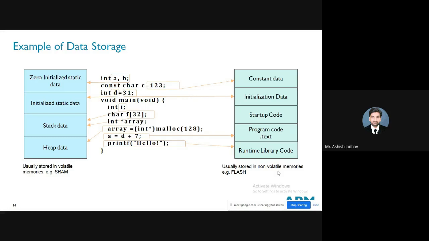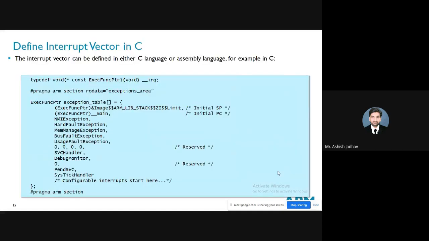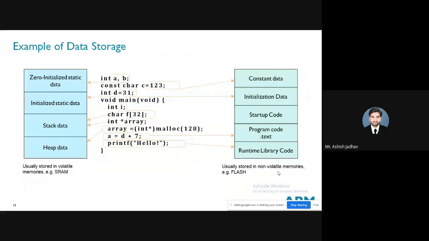If the library code is not available to you, you have to specify how the print function will operate. You have to specify what will happen after executing this printf function. So after executing printf, what is to be done is stored in the library code corresponding to print, right? So this is the example of a simple program.